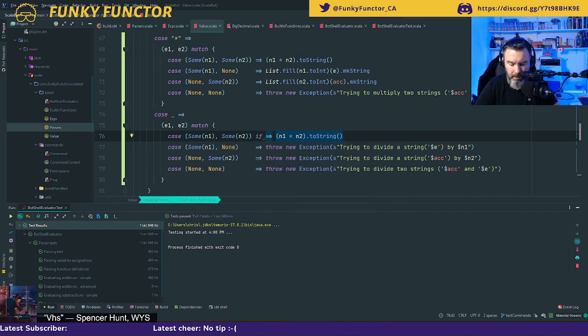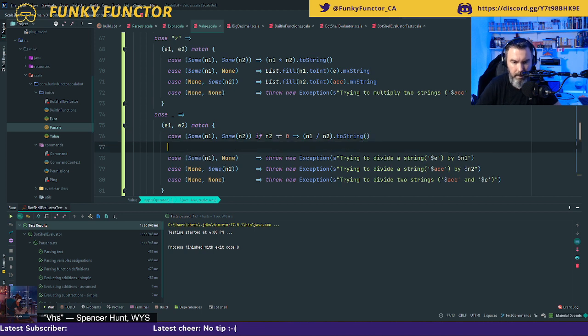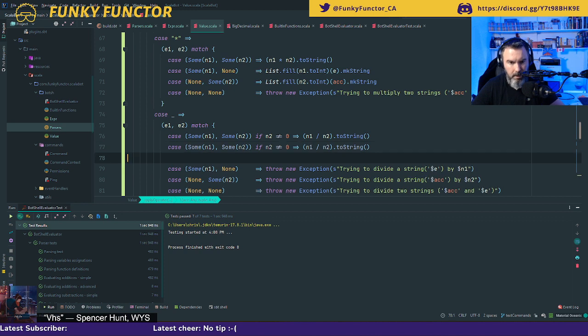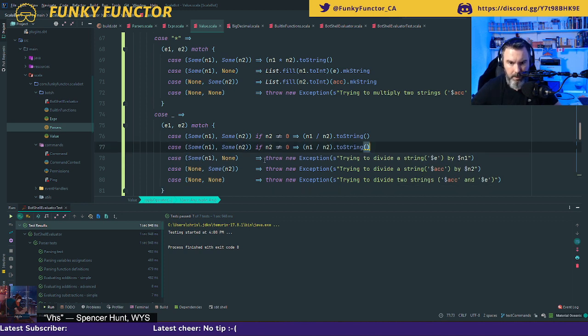And so here I need to make sure I have two cases. So if n2 is not 0, I can do that. And otherwise, if it is equal to 0, I'm going to throw an exception.